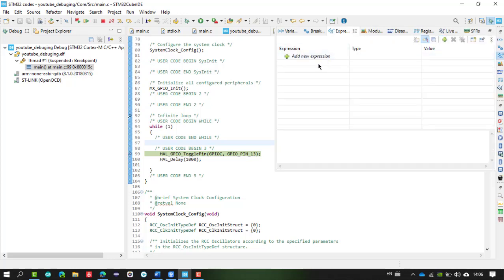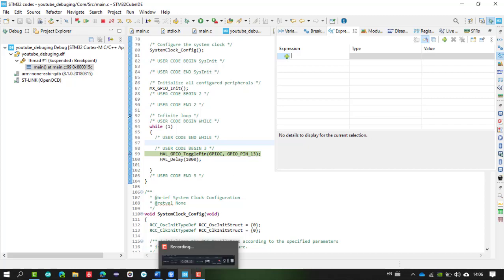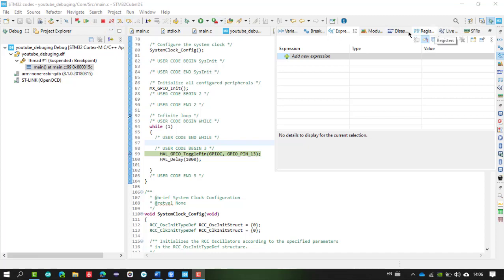There are many, like you can write expressions according to your need. If you want to examine different expressions in your code, you can just write them, and you can see how their values change on holding the processor at a particular line of code. I hope you now know about debugging in microcontrollers, and how to use step into, step return and the SFR window and these windows.